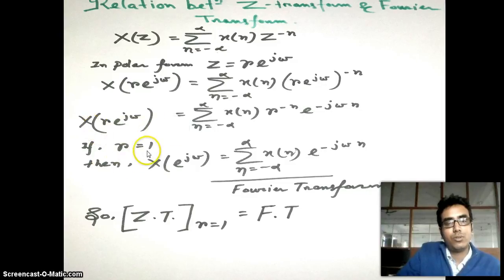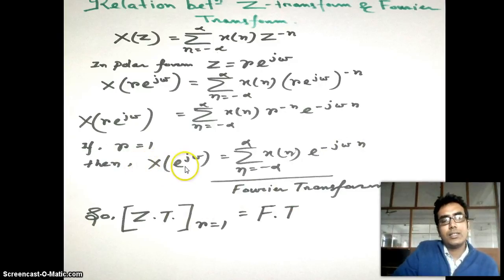So if r equal to 1, then it will be X(e to the power j omega) equal to the sum from n equal to minus infinity to infinity of x[n] e to the power minus j omega n. It will become the Fourier transform. So what we will find is that the Z transform at unit radius, if the radius of the complex z plane r equal to 1, then it will become the Fourier transform, means discrete